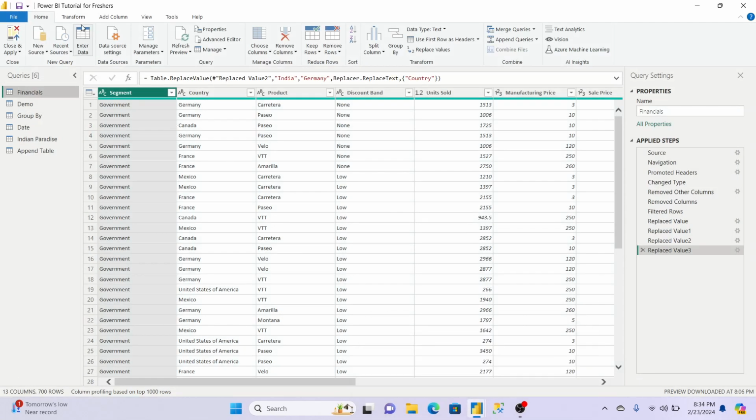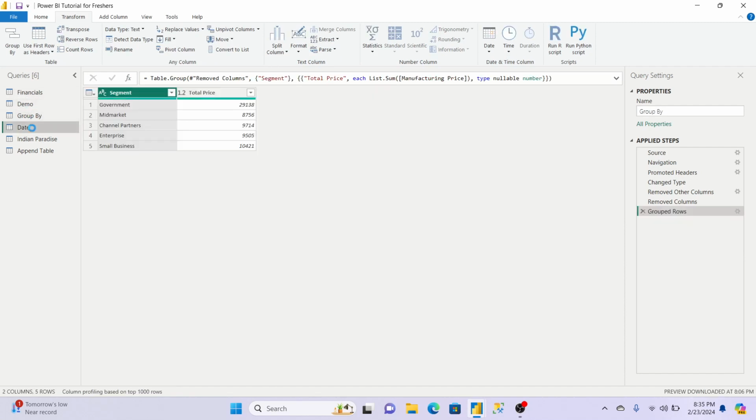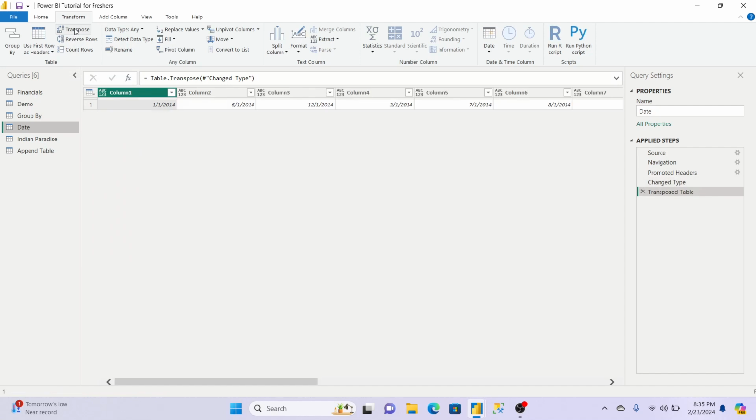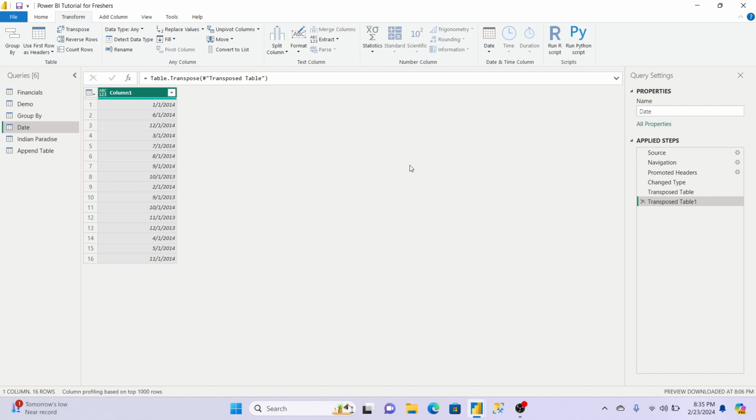Okay, so now coming to the Transform tab. In Power Query Editor, we have completed the Home tab. Now we will go to the Transform tab. See, the first option is, many options are now repeated. Group by and use first row as header, those we will exclude. So see, transpose, which we went to with this date table. Just click here. Okay, horizontal to vertical has happened. That's it. Now again we will do transpose, and it will go back to how it was earlier.